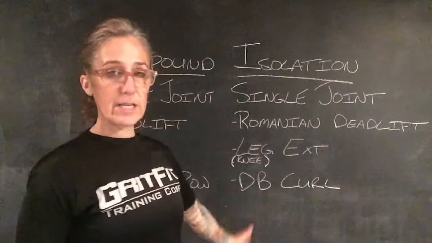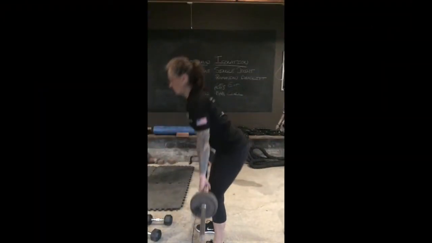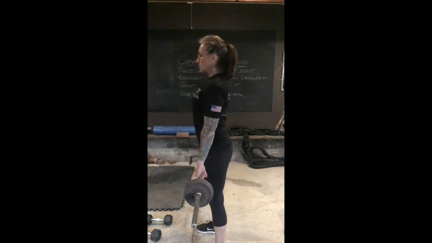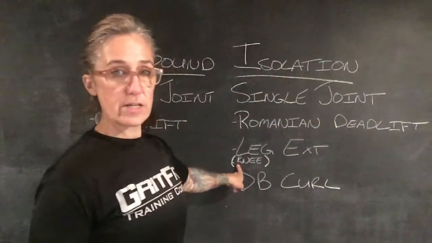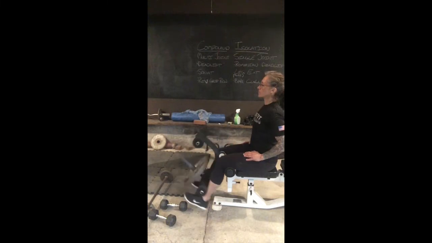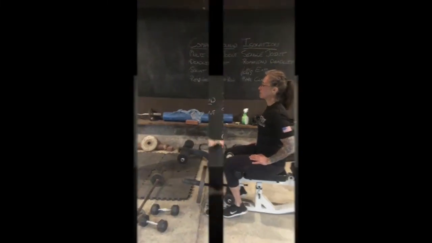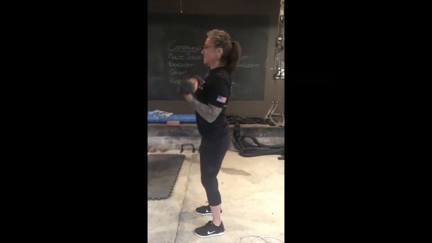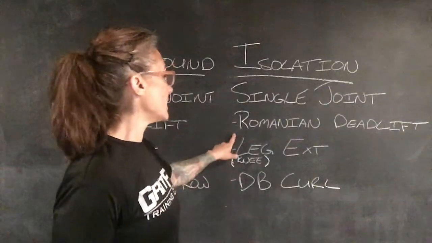Some examples of isolation exercises are the Romanian deadlift, the leg extension, and the dumbbell curl. And as you can see in these exercises, the Romanian deadlift,